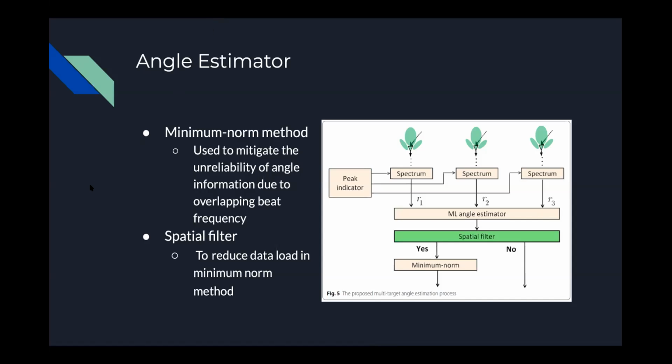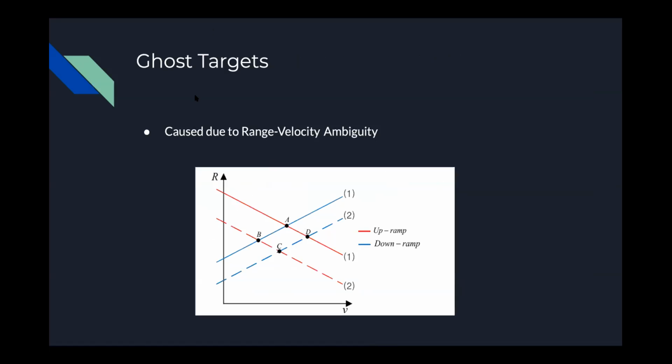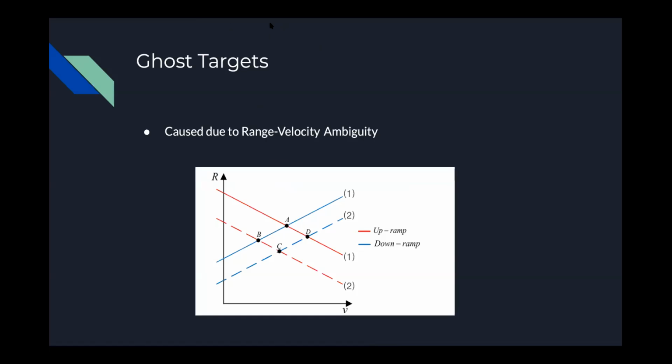Ma'am, actually, one second, I'll show you. We get 4 points even with two chirps. For example, in the up chirp, if we have two targets, we'll get two in the up chirp and two in the down chirp. No, I'm talking about one triangle itself as a chirp, which consists of both up and down. Okay, so it means two chirps, so two triangular waveforms.